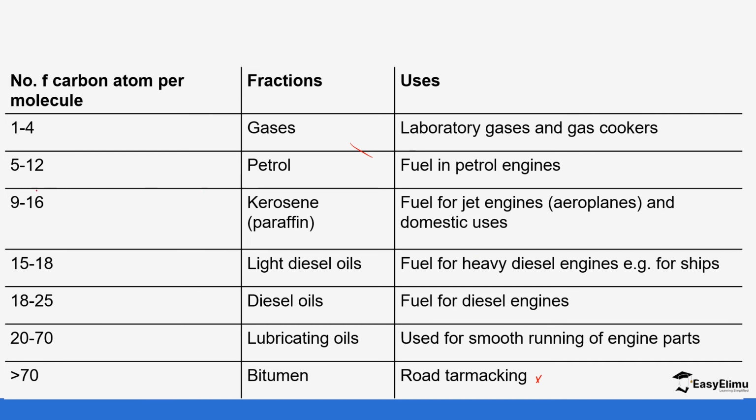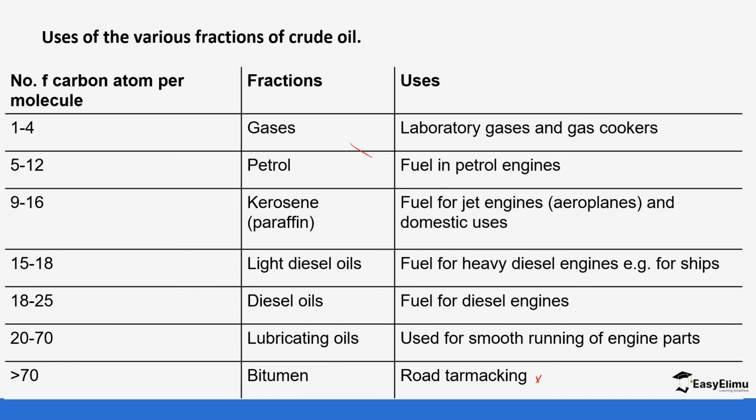We have petrol, which is between carbon 5 to 12. It's used for petrol engines. And then we have the gases. Remember at the top we said since they have low molecular mass, meaning they're able to change into gaseous state. So 1 to 4 forms gases, which are usually used for labs and also to be filled in the gas